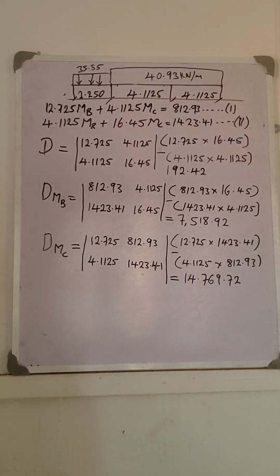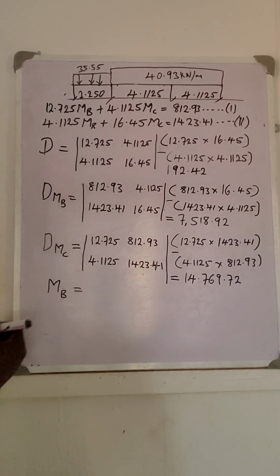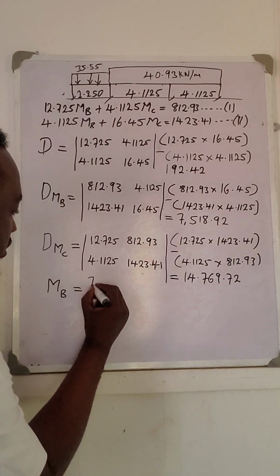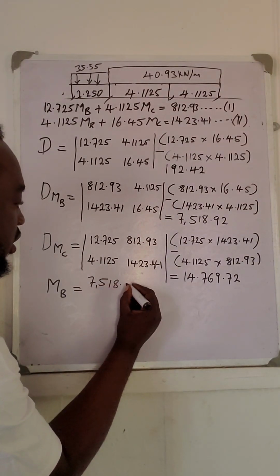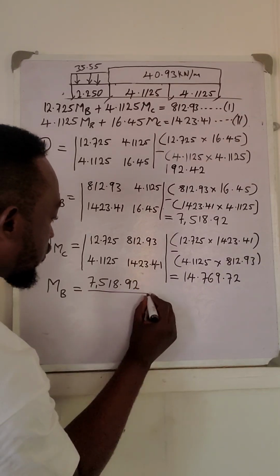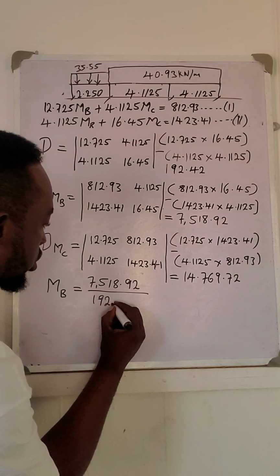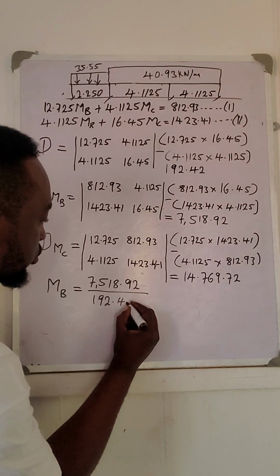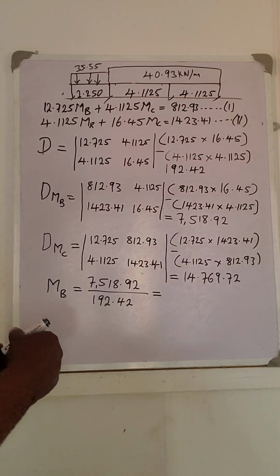Now, MB is equal to dMB, 7518.92, over our D, which is 192.42. If you compute that, I'm going to have 39.01